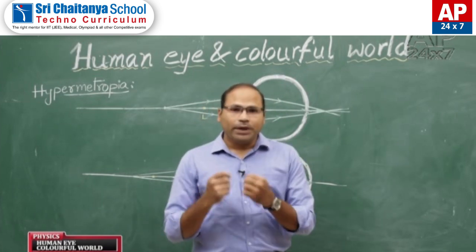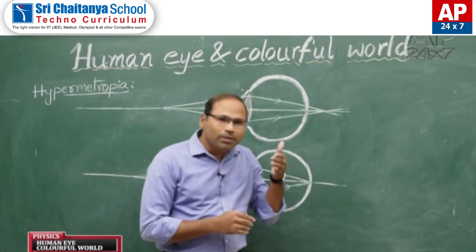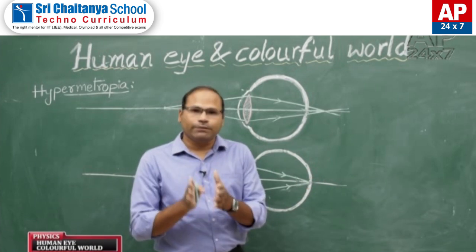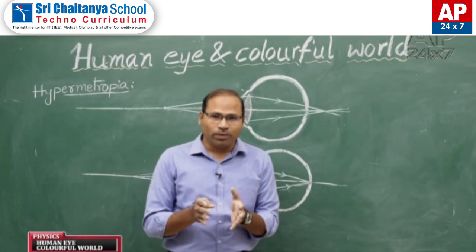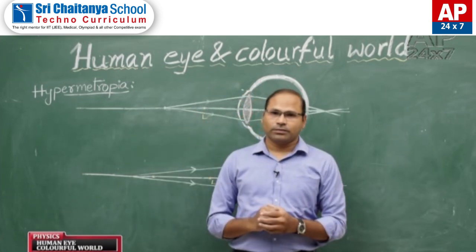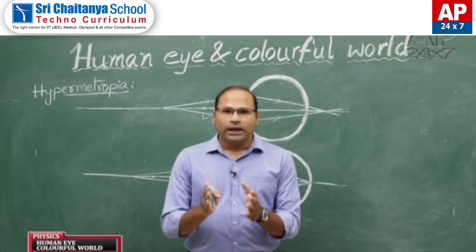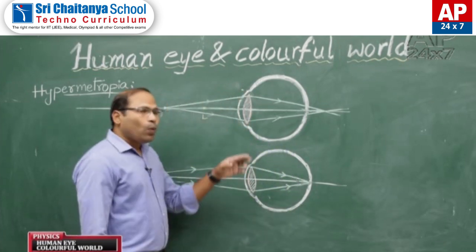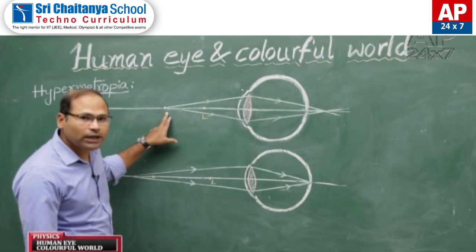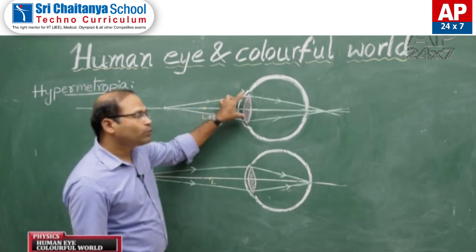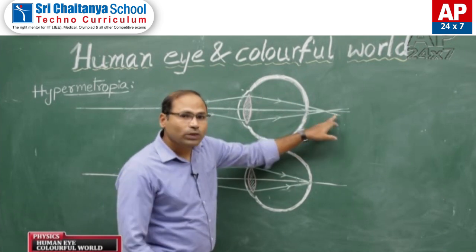As I said, some people cannot see objects clearly which are nearby to their eye, but they can see comfortably the objects which are at longer distances. So, such defect, such problem is called as hypermetropia, okay? And this defect is also called as farsightedness. In this case, let us see what happens. When the people suffering from hypermetropia try to see an object which is closer to them, then the eye lens will converge the light rays coming from the object and forms the image beyond retina,